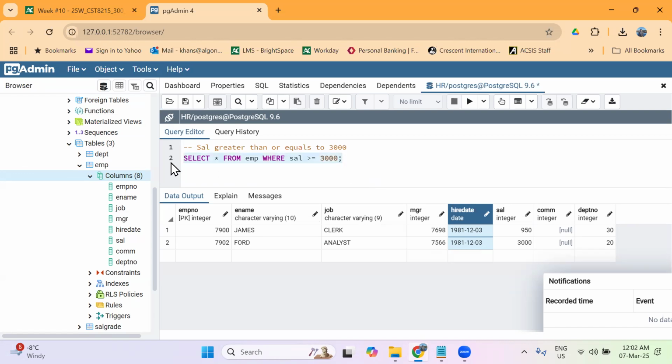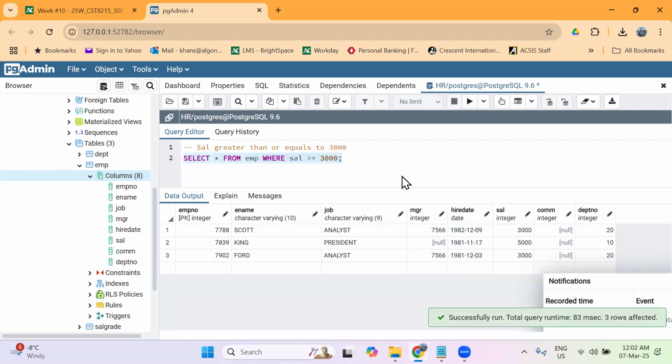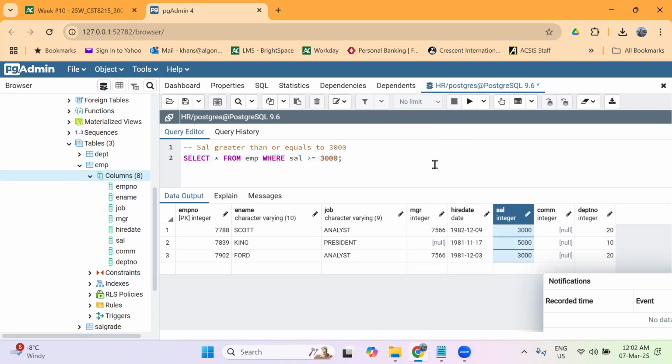Let us see. And there you go. If you look at the salary column, they are all either 3,000 or higher. Let us say employees who do not work in department number 20. So select all from EMP